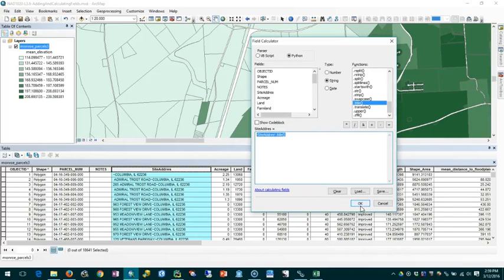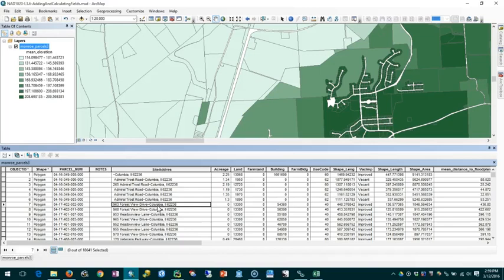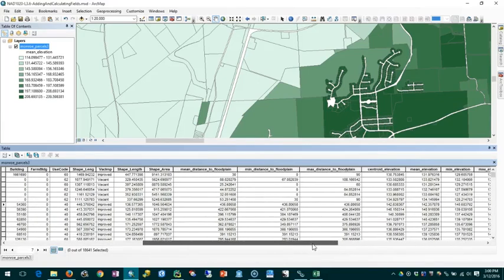So if I click OK now, it runs and we can see that I got the title case representation of the address in this field, and that it ran on every record, and that each record is the same as it was before except it's title case now. Okay, so now let's go back and do what we initially meant to do, which is change the